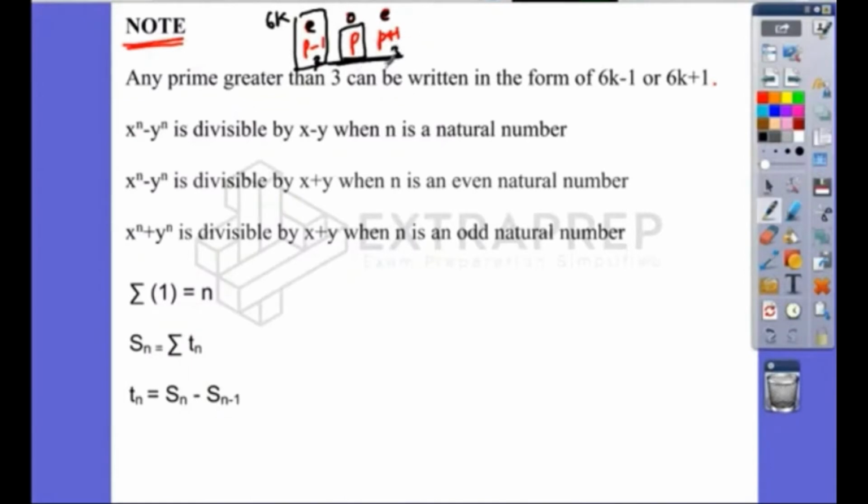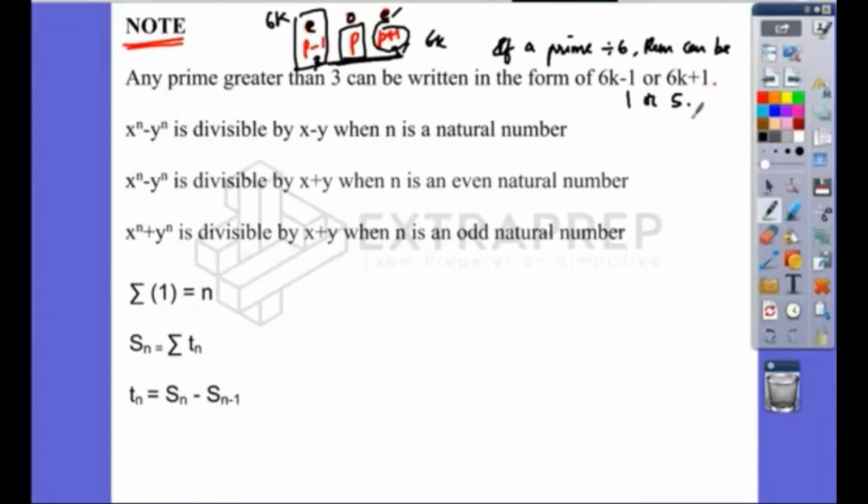In case the last number is divisible by 3, it is even and it's divisible by 3. So this is divisible by 6. So it can be written as 6k. Then the prime will be 6k minus 1. So prime numbers are always beside a number divisible by 6. That's what you'll have to understand. So from this we understand, if a prime is divided by 6, then remainder can be 1 or 5. Is it understood? Because the prime number is beside a number divisible by 6, the remainder when a prime is divided by 6 can be 1 or 5. This is the first point.